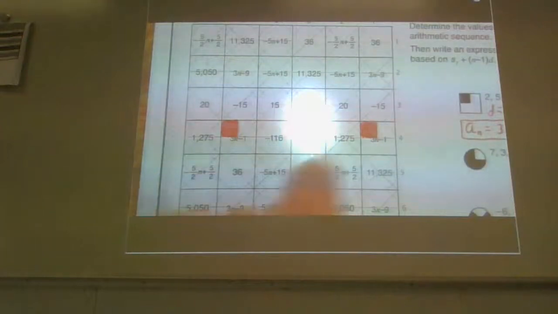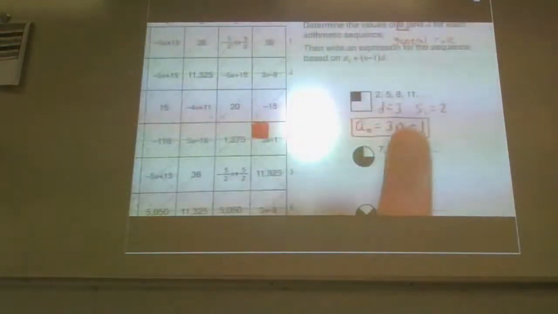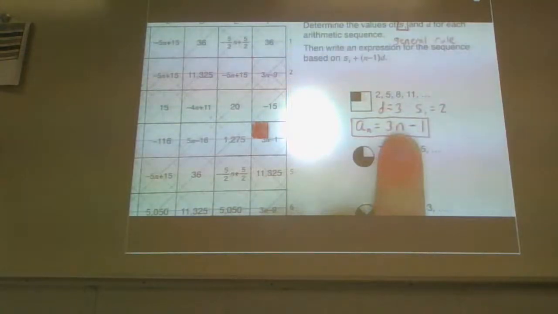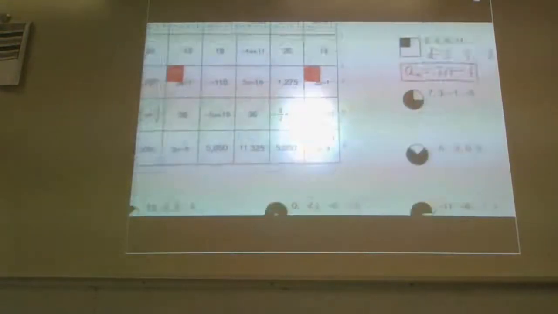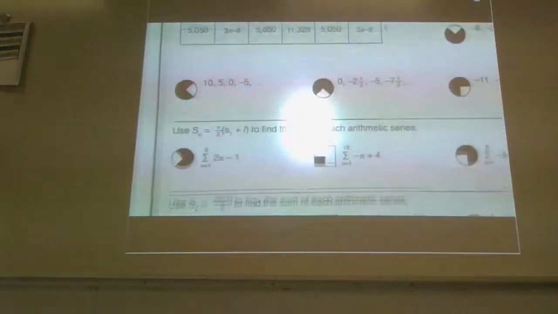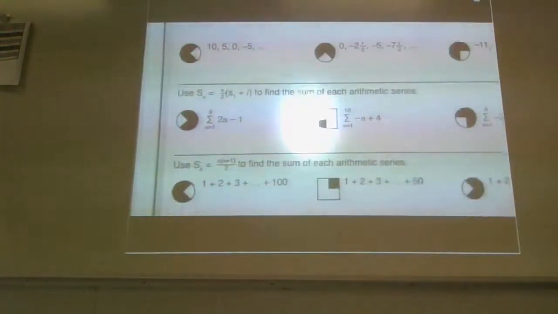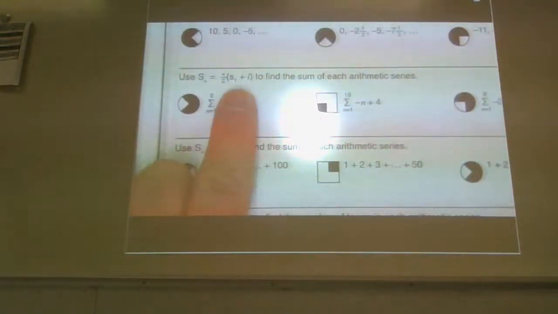Now, the first set of problems on the first page are all done in that way, where you would identify d and the first term, and then use that formula to get the general rule. That's how that first set of problems are done. But in the next little section down here, they're giving you a different set of directions.